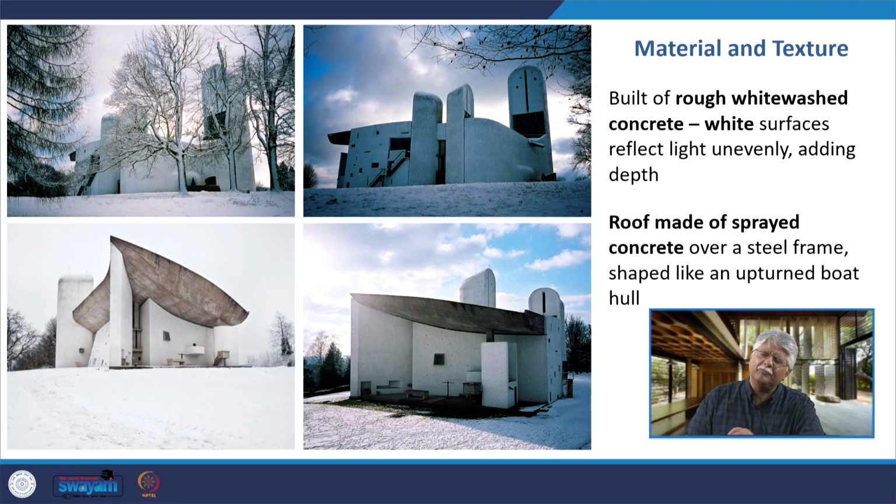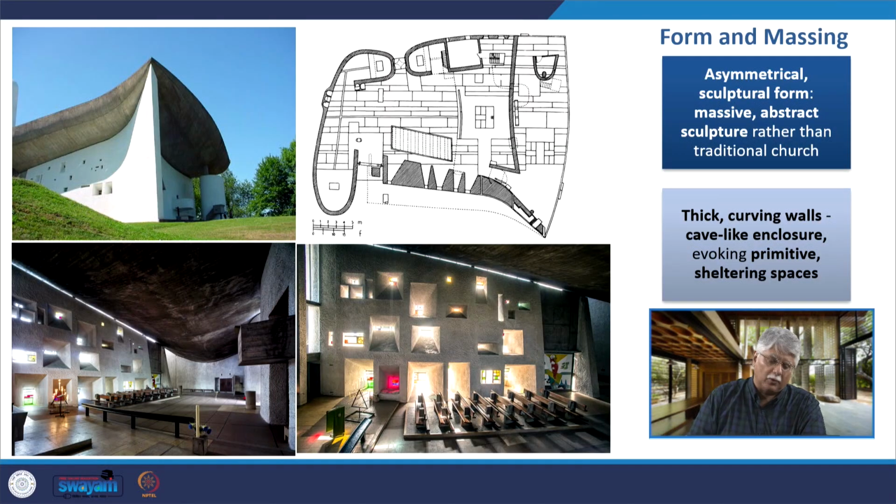Now when we talk of material and texture in the Ronchamp Chapel, it's built out of rough whitewashed concrete, and because of the roughness of the white surfaces, they reflect the light unevenly, adding to a sense of depth in the building. The roof is made of sprayed concrete over a steel frame, and it's shaped like the hull of an upturned boat. If you look at the form and massing, it is asymmetrical, it is sculptural,